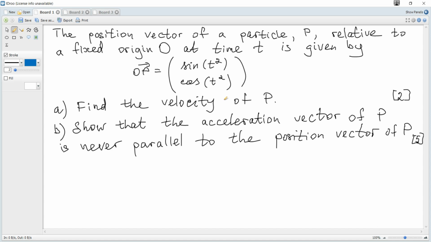The position vector of a particle P relative to a fixed origin at time t is given by... Question A, find the velocity of P. First of all, notice that the velocity is a vector and speed is a scalar, it's the magnitude of the velocity vector, and OP, its position vector r, is the same as displacement